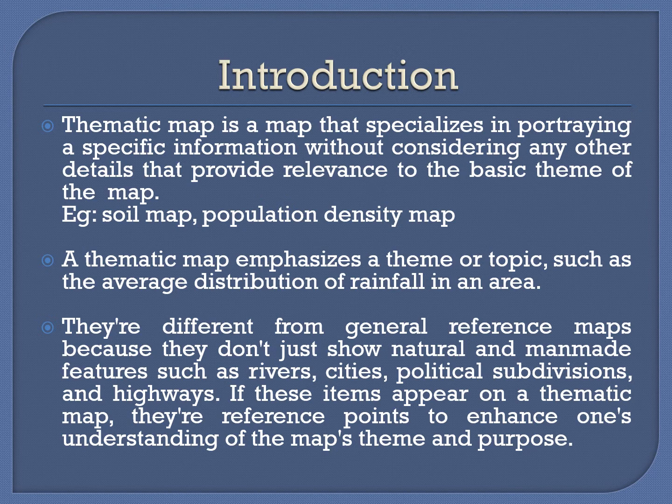If any such features appear on a thematic map, they are represented only as a reference point for our understanding. So, for example, in a population map, if they are showing some boundaries, they just want to represent that this region is having more population when compared to another region. They may be showing the names of a few important cities to make us understand that maybe because of the cities only, or the location of the cities only, the population of that region is very high.